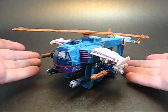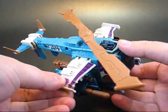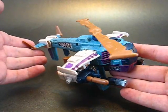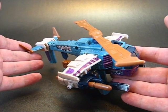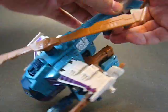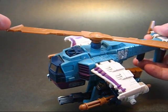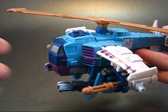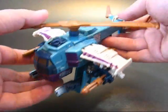So, as you can see, this is Cyclonus in his helicopter mode, which, okay, is really Cybertronian, really futuristic. I think this is one of those Transformers that actually forgot to change the alt mode when they visited Earth. And how do I know this? Because this is the only helicopter I know that can spin its rotors in space, even while having jetpacks. Isn't that cool? Cybertron technology, never underestimated. But otherwise...